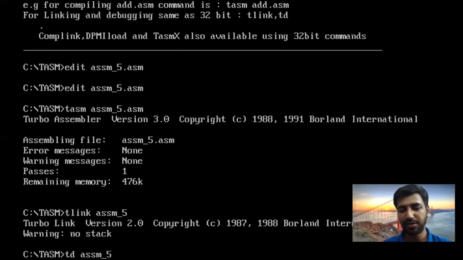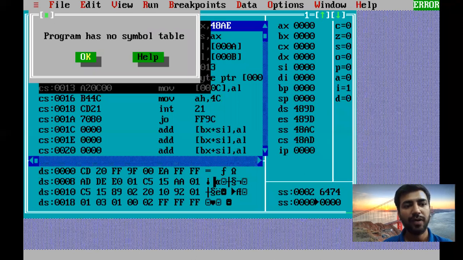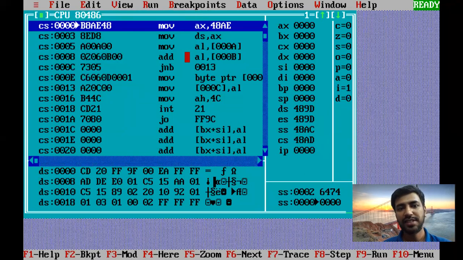Going in debug mode. So this will open the Pandora box. So this is my debug mode, and here you can see that the code looks very different. This is very important, you must understand. So move ax comma @data. @data is actually giving an address in ax, so that gives the data address, where the data is stored. This is an offset address.